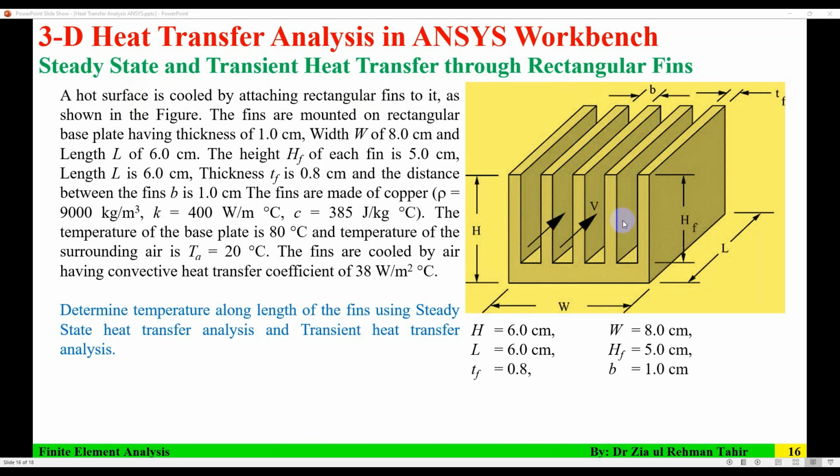The fins are mounted on a rectangular base plate having a thickness of 1 centimeter. So the thickness of the plate is 1 centimeter, or you can see that as the height of the plate. The width is 8 centimeter, and the length is 6 centimeter. The thickness TF, that is the thickness of each fin, is 0.8 centimeter, and the distance between two